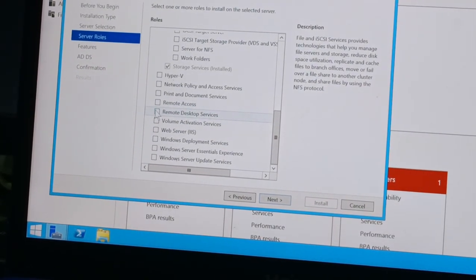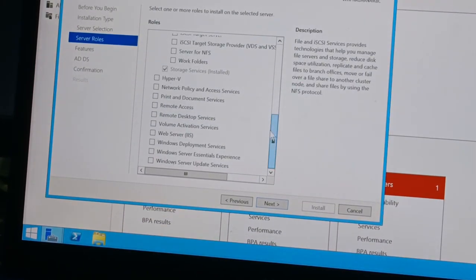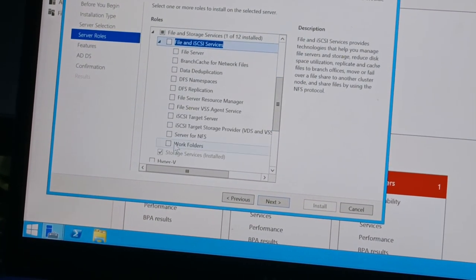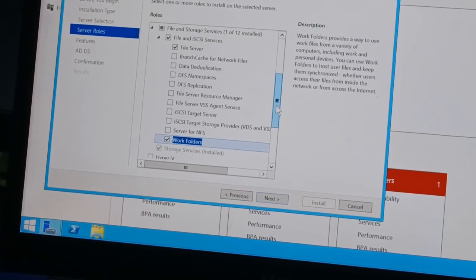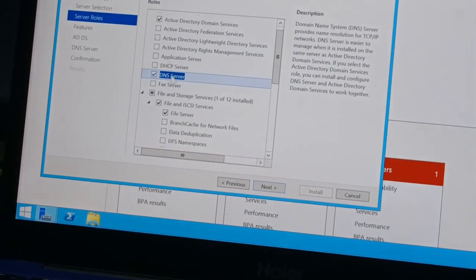Oh wait, open work folders, DNS, continue,